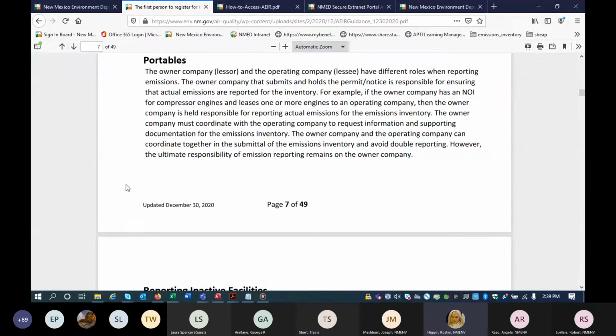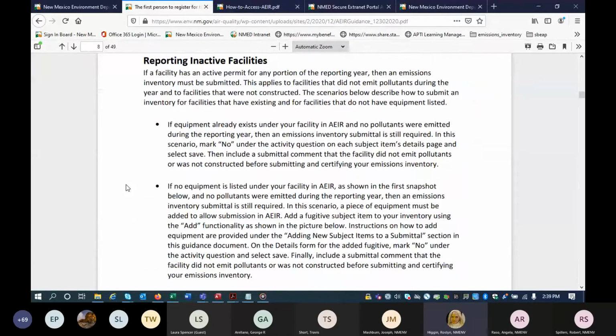Okay, let's scoot down. I'm trying to hurry. We're quite a bit over time. Reporting inactive facilities has become a really popular thing. Companies who have heard about the emissions inventory for 2020 are doing some cleanup of their database, so they're closing facilities in 2020.